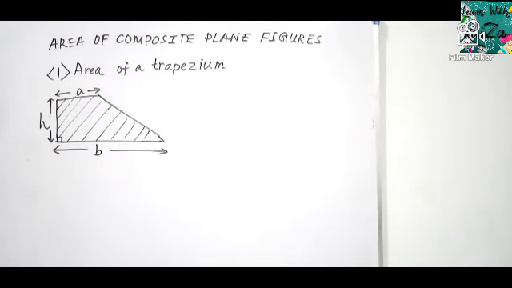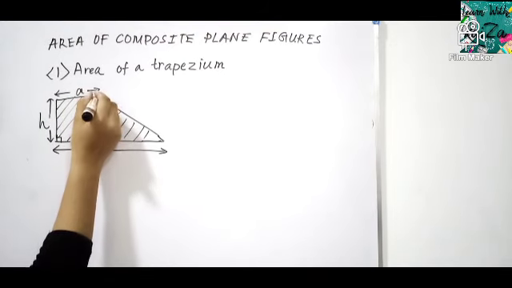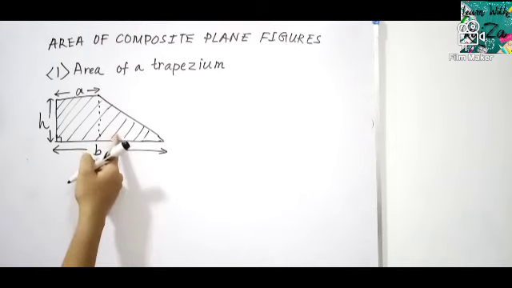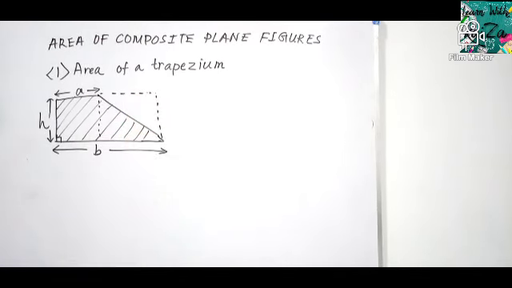Okay, the other part of the lesson is area of composite plane figures. Now you know what is a composite figure, that is composed of 2 or more plane figures. Now we are going to find the area of composite plane figures. How? Now I have taken here the area of a trapezium. Why have I taken a trapezium? Because a trapezium has 2 shapes. What are they? Can you see? Actually there are 2, more than 2. This is kind of a rectangle. This is a triangle. Then here another triangle. Do you see?